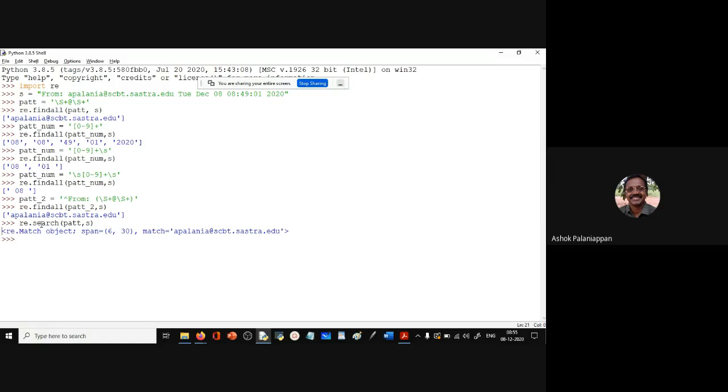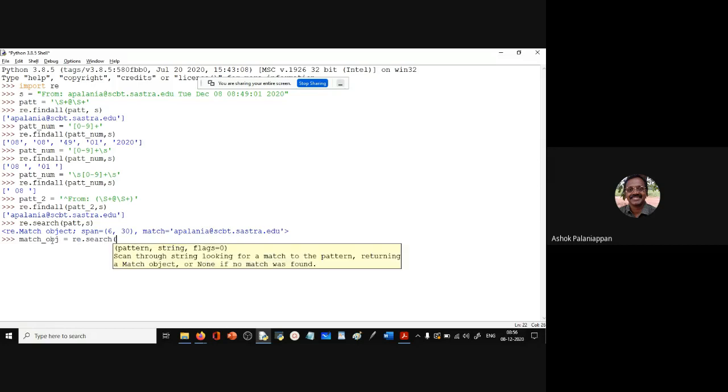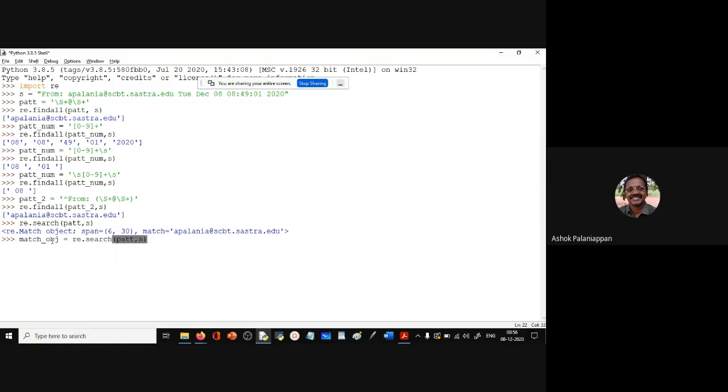We just assign it to a variable. We create a new match object. So what we say is match underscore obj is equal to re.search of pat comma s.